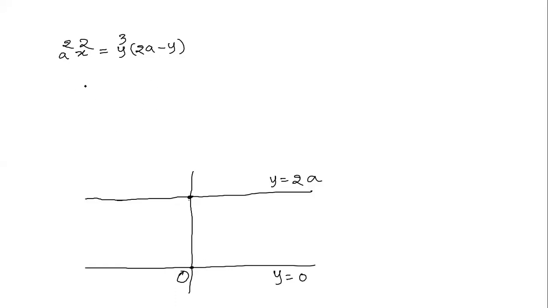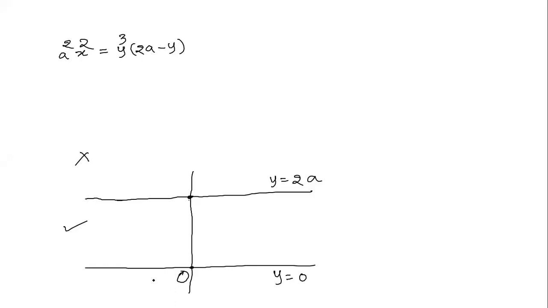So I am going to put y equal to a, and the right hand side will be a cube into 2a minus a. So the right side is positive, x square is positive. So for each value of y which is greater than 0 and less than 2a, x will be positive as well as negative. So the curve definitely exists between y equal to 0 and y equal to 2a. Does the curve exist above y equal to 2a? Let us try to put y equal to 3a. So 3a to the power 3 is positive into 2a minus 3a is negative. So x square is negative, x cannot be real. The curve does not exist above y equal to 2a.